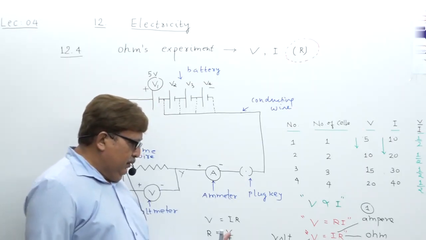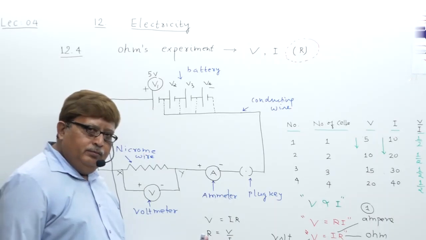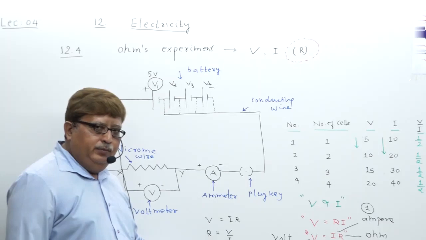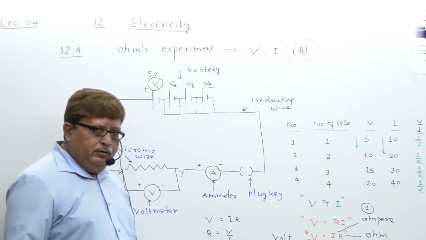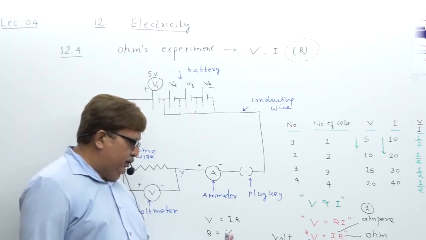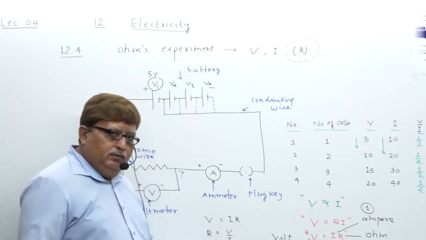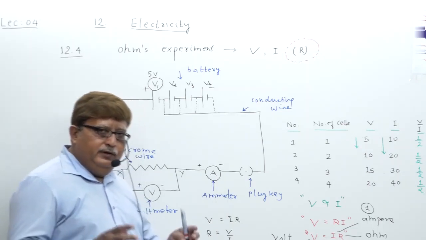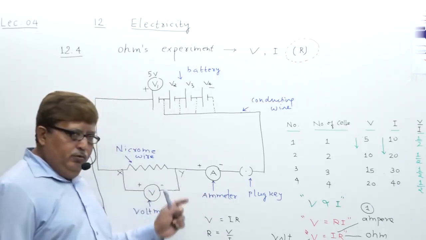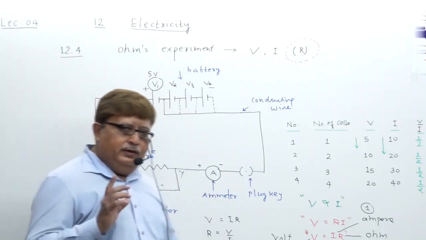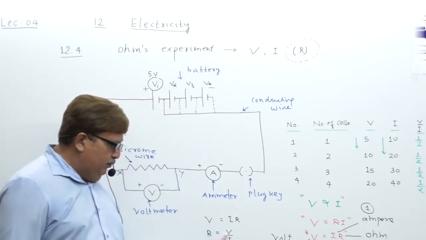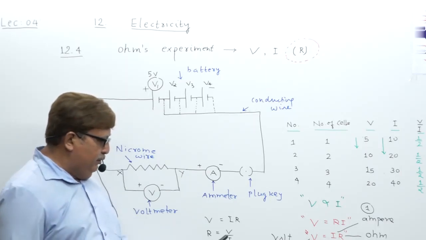See, 1 ohm, 1 volt, 1 ampere, everything is 1. But the definition of 1 ohm, how can you start from here? 1 volt, meaning it is actually the potential difference between two ends of the conductor. How can you start answering it? See, from here concentrate, my dear student, with me.